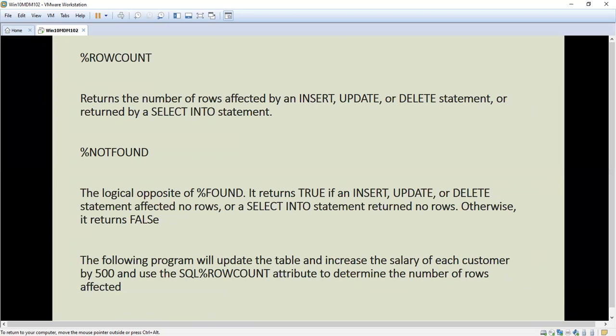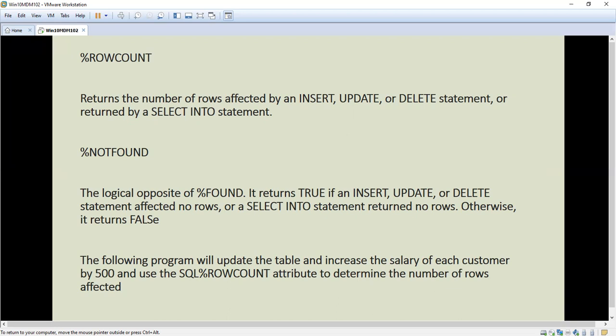Not found is the logical opposite of found. It returns true if an insert, update, or delete statement affected no rows, or a select into statement returned no rows; otherwise it returns false.